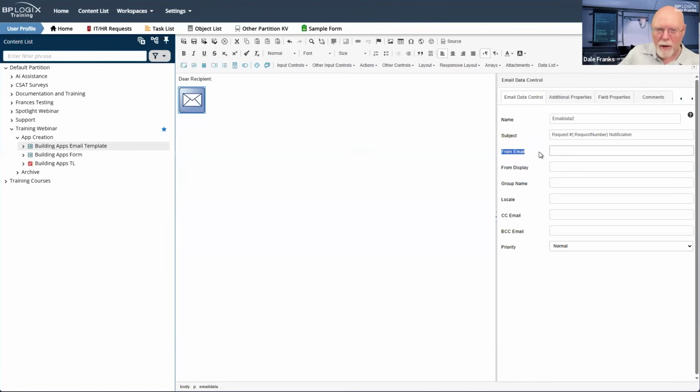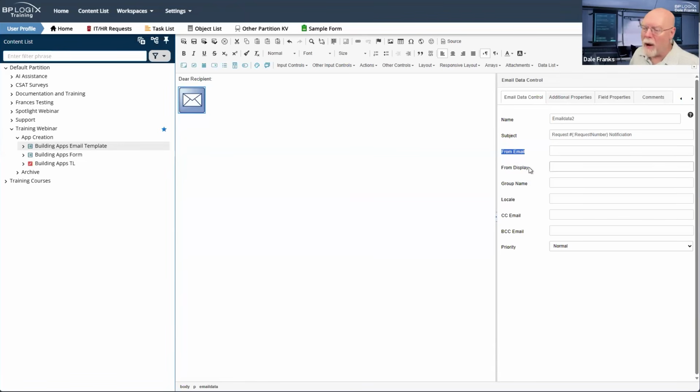So all of the email notifications by default come from that one email address. It's usually a no reply email. It's just used as an outgoing email outbox to send messages from. It's usually unattended. Nobody looks at that email. If I do want someone to look at the email, I can override it on each individual email data control.